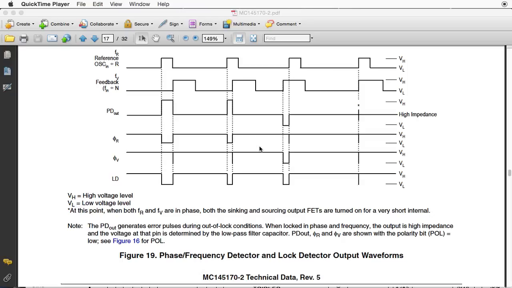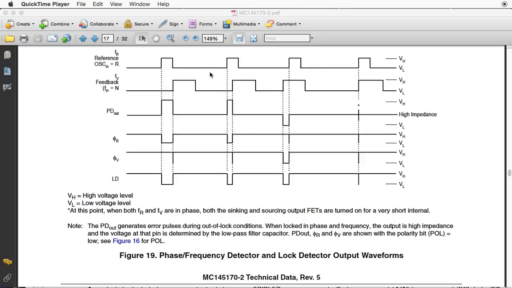Basically, where I say that the PLL outputs a voltage to the VCO, that's not exactly correct. It outputs pulses through a filter to the VCO, and that filter is what smooths it out and turns it into a smooth voltage. Alright, so to try and explain that a bit more,